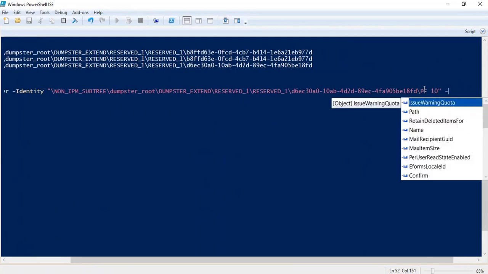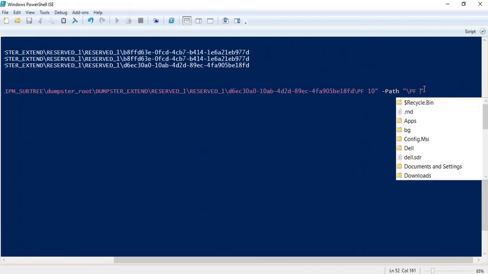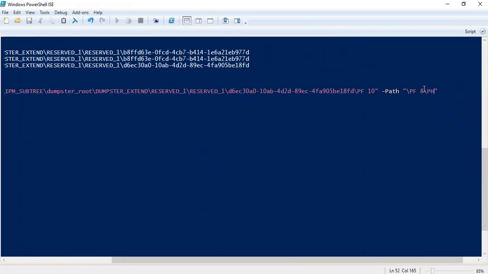Now we want to restore this pf10 public folder within the pf9 public folder. So here we need to mention the path where we want to restore it. So the path will be pf8/pf9. Press enter.